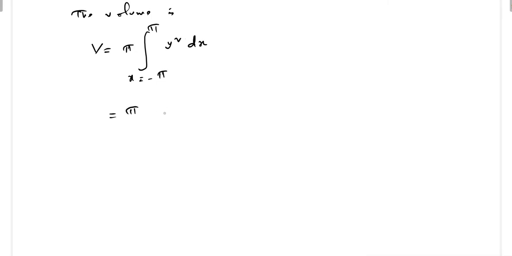So pi times the integral, so make it in terms of theta, y, we have the y, a times 1 minus cos theta, into, so now I am making a dummy variable d theta, x is in terms of theta, d theta. So this is pi a,